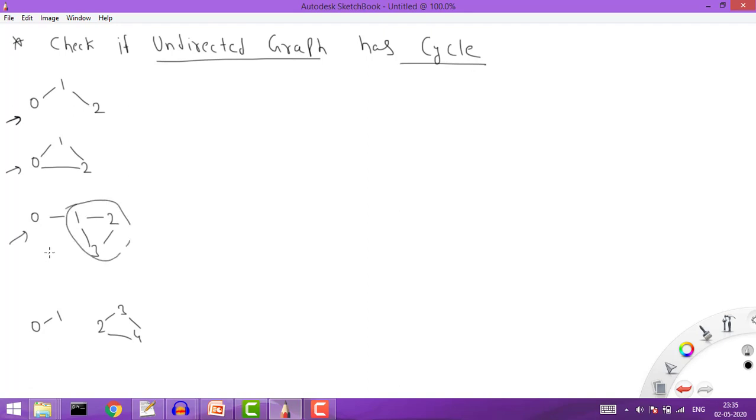This is a cycle. Now this is another graph. In this graph is not connected. This is also an undirected graph, but here we have two different connected components. This is one connected component, this is one connected component. So it can happen in a graph that these are not connected. Here the whole graph is connected in all the above three cases. But here this is also an undirected graph, but the graph is not connected. So in this case also I have one cycle. I have cycle 2, 3, 4.